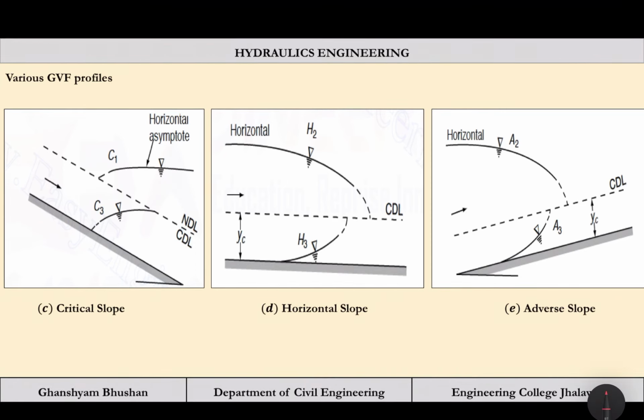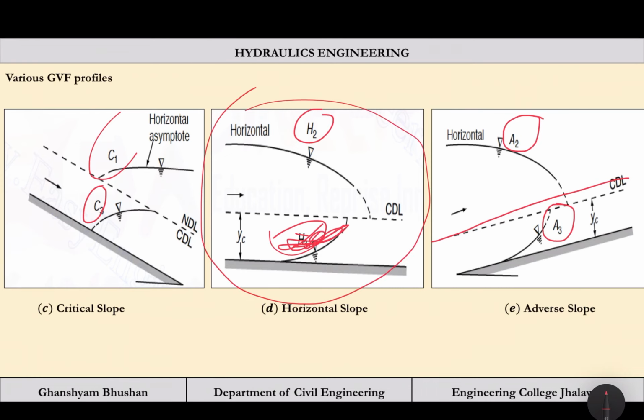Similarly you can see the various profiles. So this is C2, this is C3, S2, S3, and here it is A2, here it is A3, okay. So if they are asking for the H2 profile, then don't show this, only show this much. If they are asking for H3, you will not show this, you will show only this. So in this way they can ask in the examination. So your homework is to write an example for every case. Like C1 is there, so in open channels where can we find the C1 profile, M1 profile, M2, whatever 12 profiles I have given, you have to write examples of all the flow profiles.